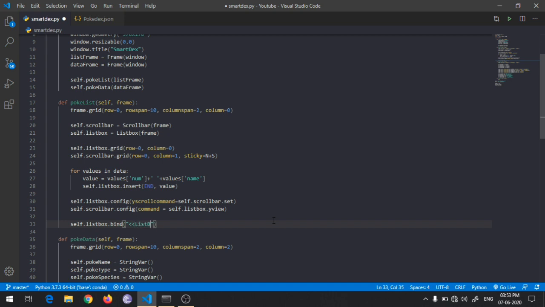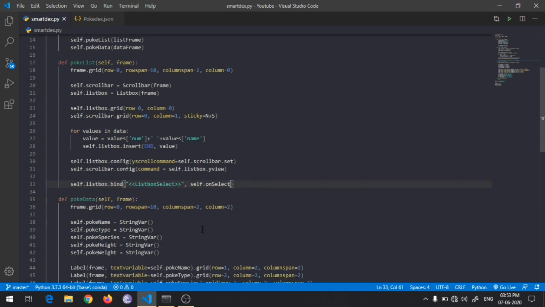So okay, the event here is ListboxSelect. This event is whenever the user selects any element from the list box, the command which we will be passing will be called. So self dot onSelect. As a parameter to onSelect, it will send an event.